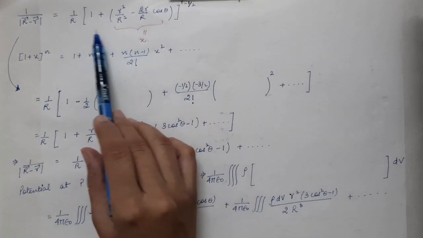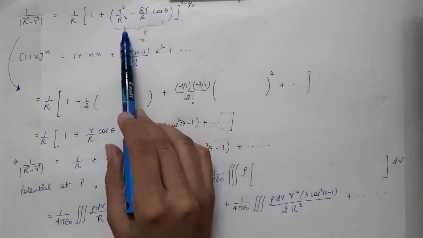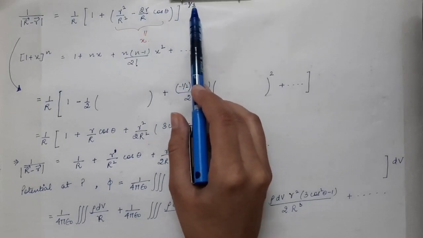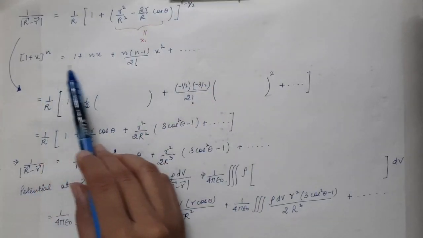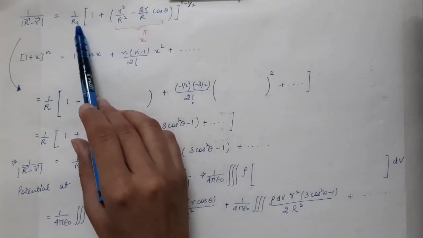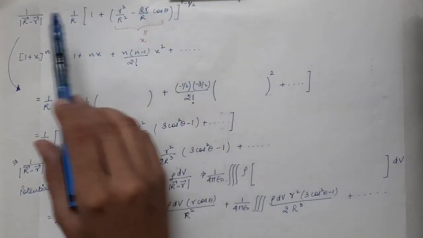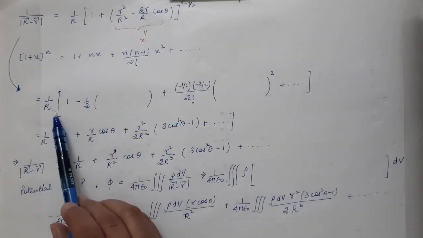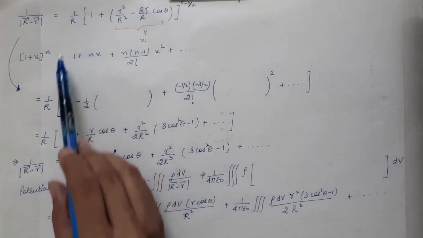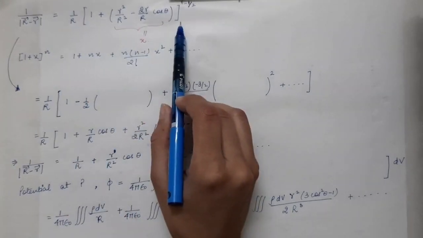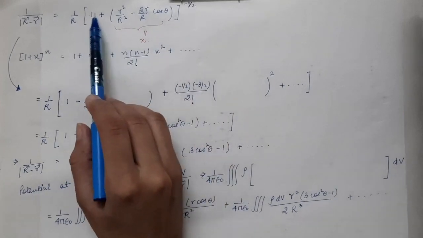So now we are going to use binomial expansion over here. So x will be equal to this whole term and n will be equal to minus 1 by 2. So now we are going to use this general formula of binomial expansion and we are going to simplify this right hand side. So you will get 1 divided by capital R vector minus small r vector. It will be equal to 1 divided by capital R. It will remain as it is, and over here we are going to use the binomial expansion of 1 plus